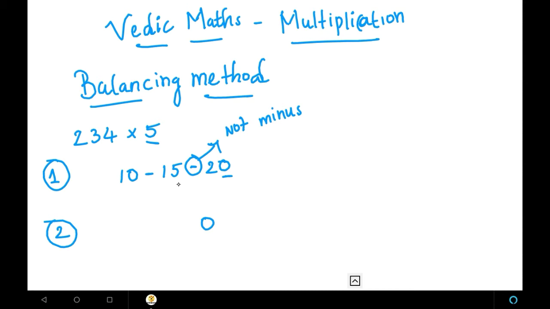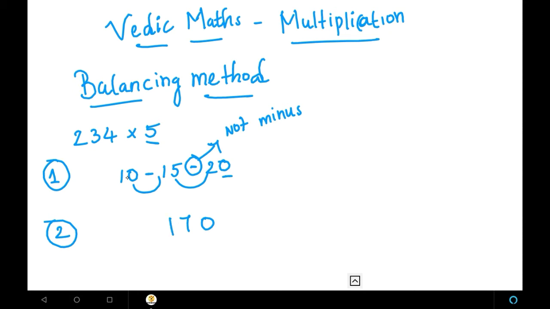Next, we have to add other numbers. That means we have to add them in pairs like this. The numbers which come after, like I have 2 and 5 after, so I have to add just 2 and 5. Then I'll get 7. Leave both these numbers. Next, go to the next pair, that is 0 and 1. So add them both. Then 0 plus 1 is 1. So just 1 I'll get.